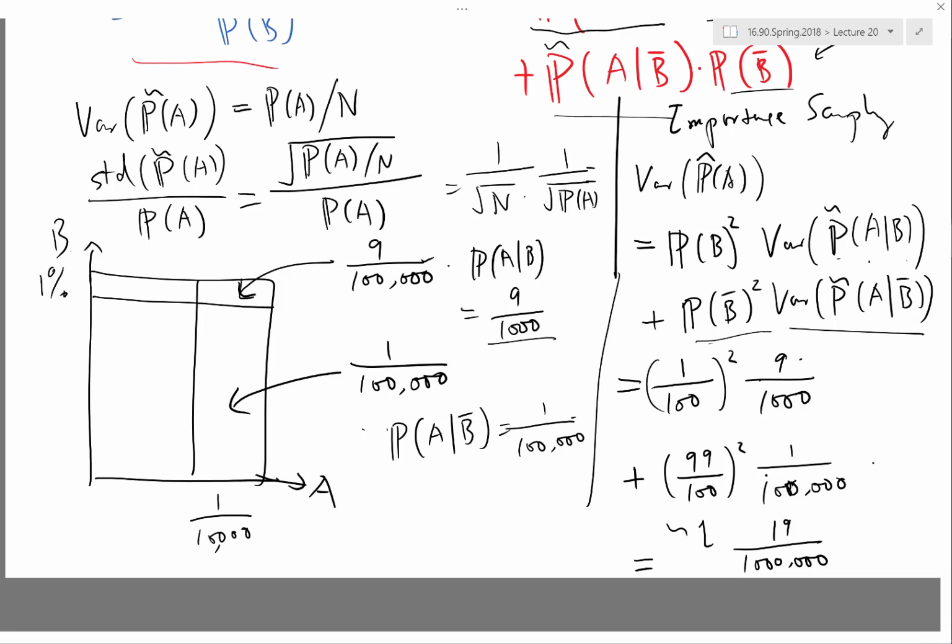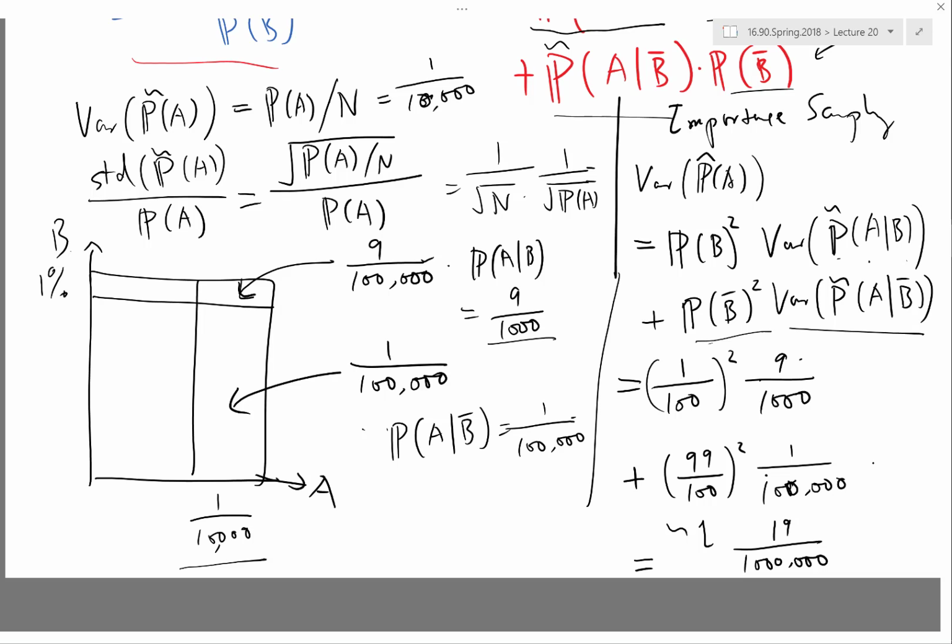While if you directly estimate using the Monte Carlo method the probability of A, what you get is the variance the same as the probability of A, which is 1 over 10,000, right? So if you compare these two numbers, the variance of this importance sampling estimator is 10 times as small as the variance of directly estimating the probability of A. And